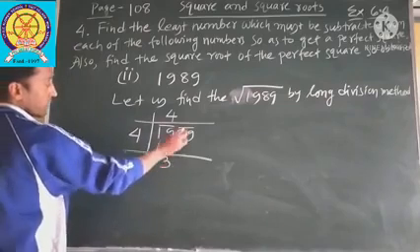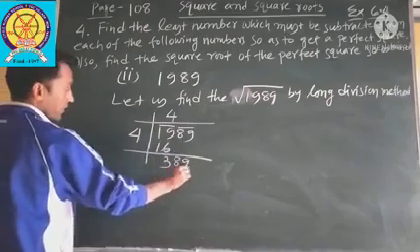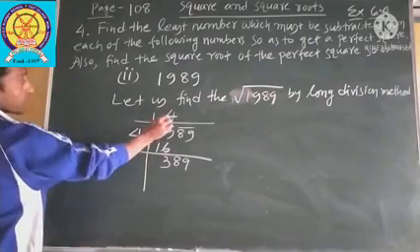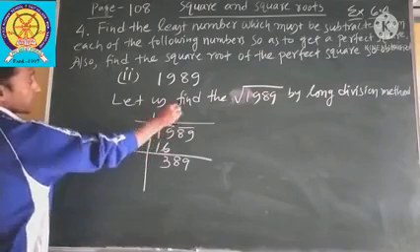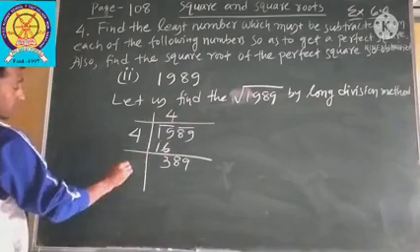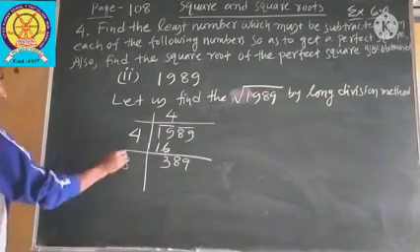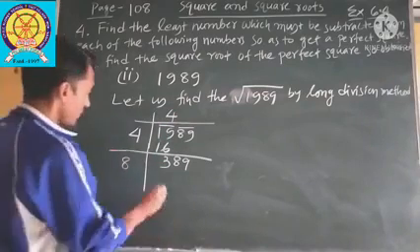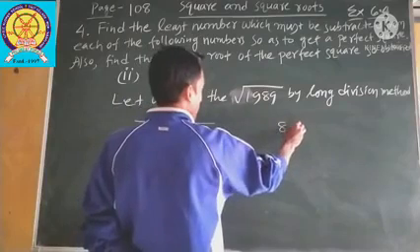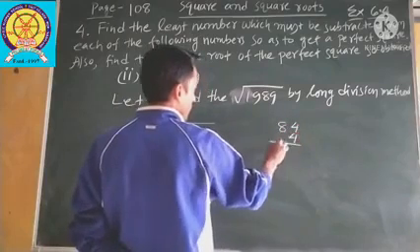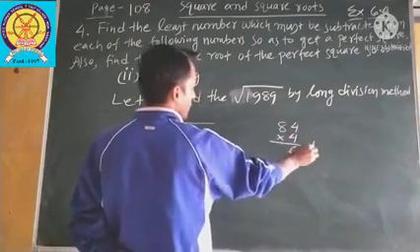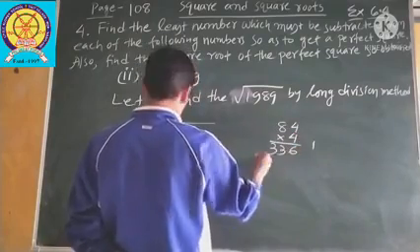So next, you bring down the next pair, 89. Now you find out the next divisor. To get the next divisor, you double the first quotient. The first quotient we get is 4. So 4 twos are 8. Now you see how many times we can give. If you give 4 times, 4 fours are 16. 1 in hand, 4 eights are 32 plus 1, 33.